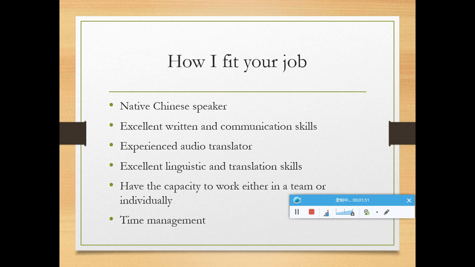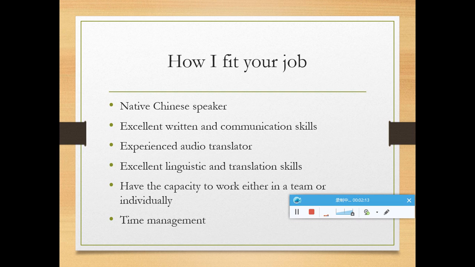So now I will talk about how I fit this job. First, as I mentioned before, I'm a native Chinese speaker and I can fit this job also because I have the excellent writing and communication skills just as the job description required.